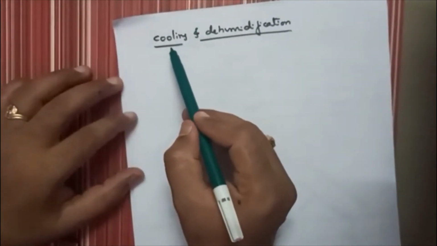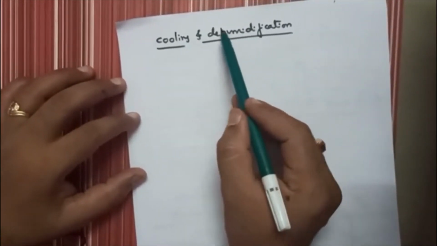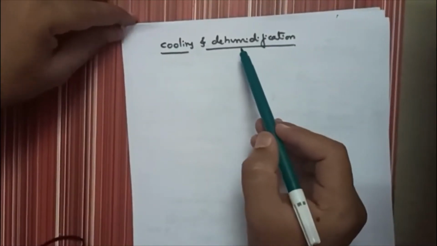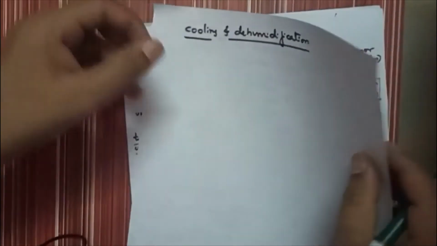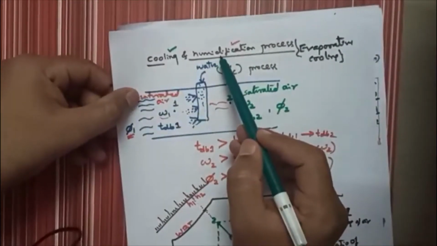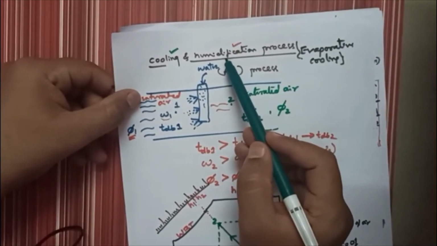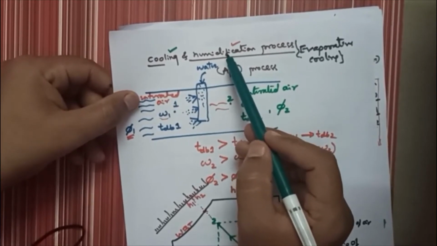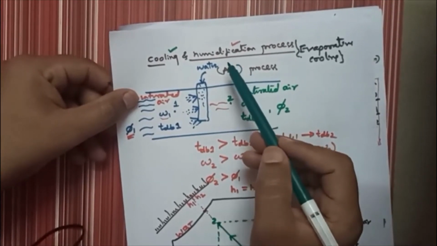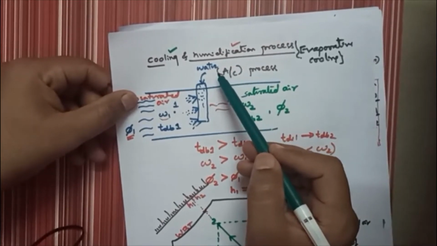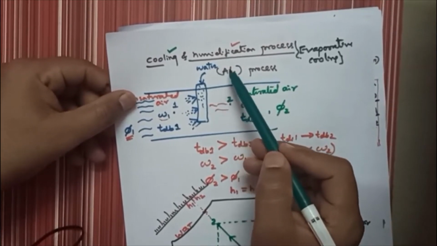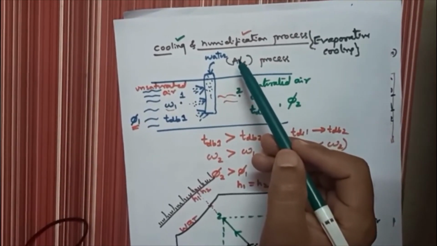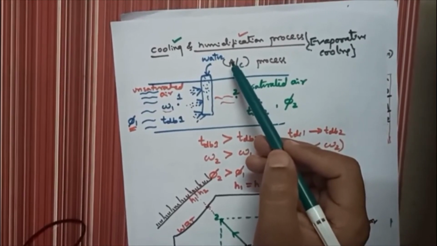Here cooling and dehumidification take place in parallel, at the same time, in the air. As I told you in the previous video lectures, dehumidification as well as humidification will not be conducted alone practically. It is not possible, because it is very difficult to maintain the temperature of the air constant during the process.